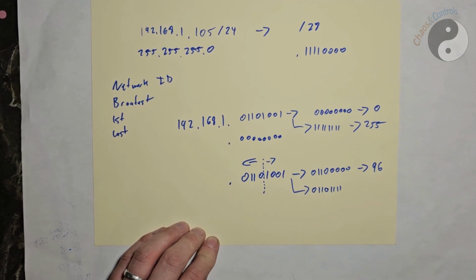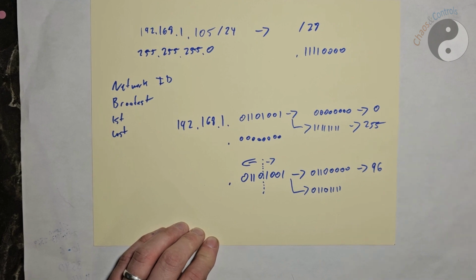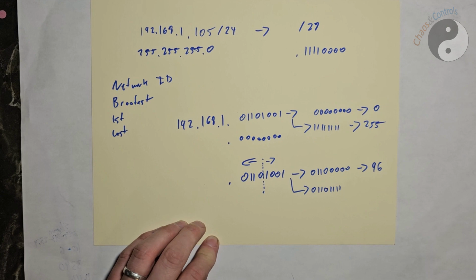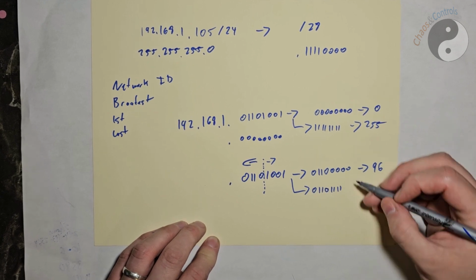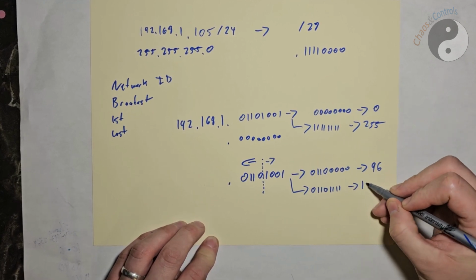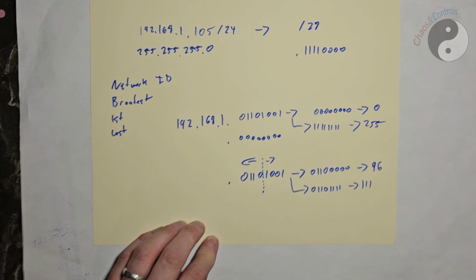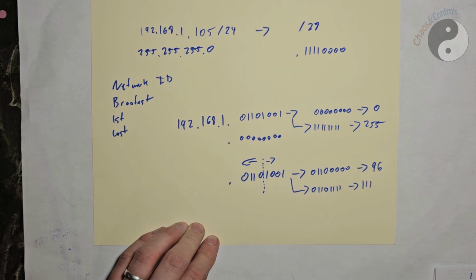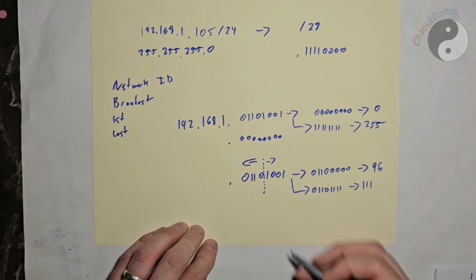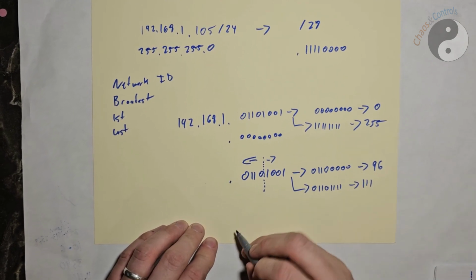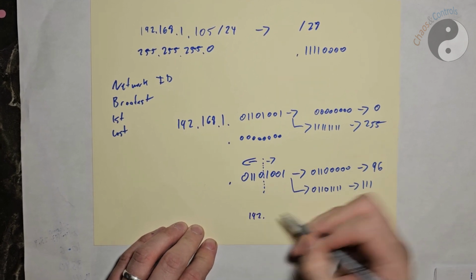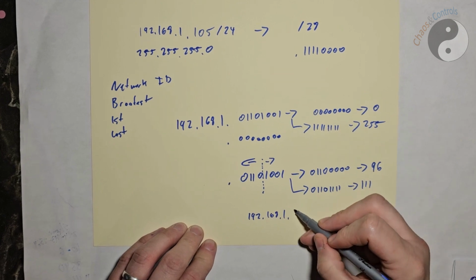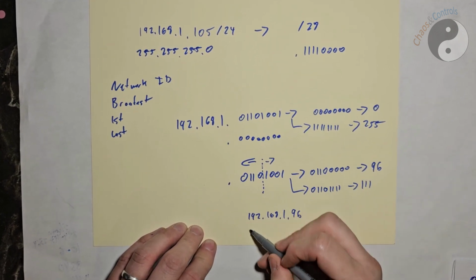I happen to know that this is going to be 96 plus 15, so that's going to be 111, and if my math isn't right, I'll put a little fun box up here that says I was completely wrong on my calculation. So on this network, my network ID is 192.168.1.96,